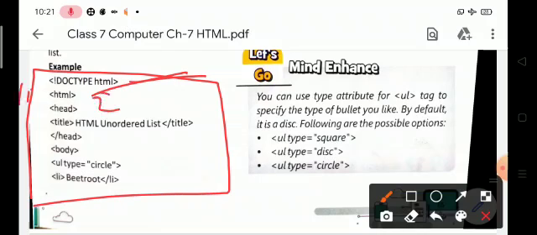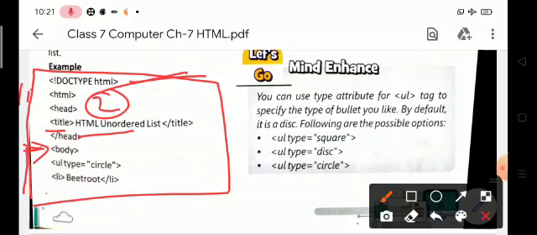Now the head tag, where we give the title of the HTML page. Suppose the title is HTML ordered list. Then the body part, which is the important part. The next tag is the body tag, and here we use other types of tags, like UL tag, LI tag, marquee tag. All the tags are used inside this body tag.